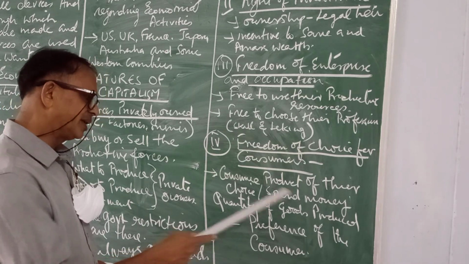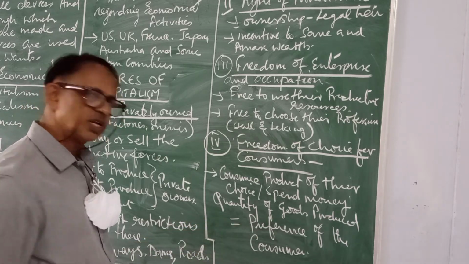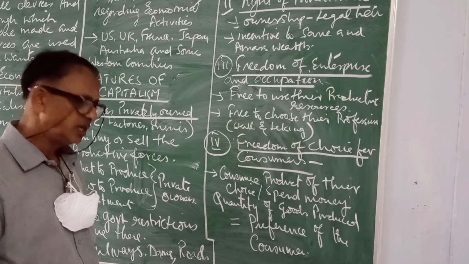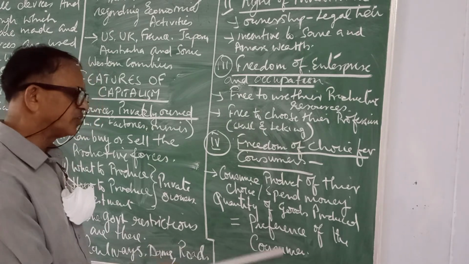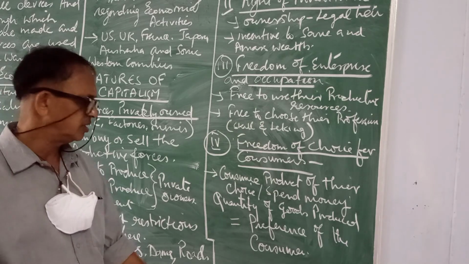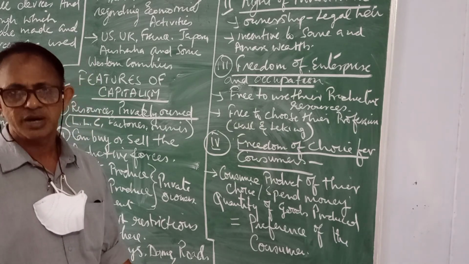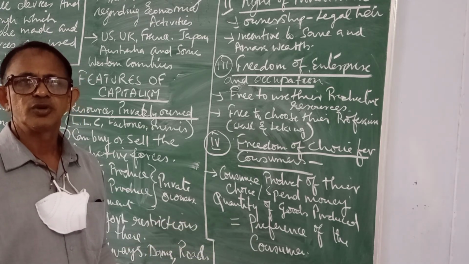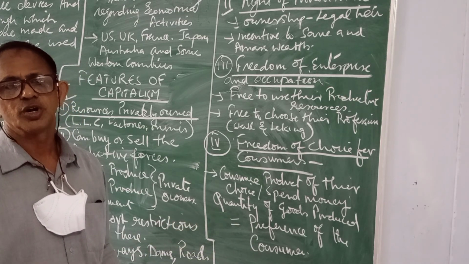Therefore, in a market, the quantity of goods produced is very much equal to the preference of the consumer. In other words, it is the consumer preference that enables the market to decide what kind of goods are to be produced. Or in other words, the quantity of goods produced in a market depends on the preference of the consumer. So till here I close my session. Tomorrow I shall continue with